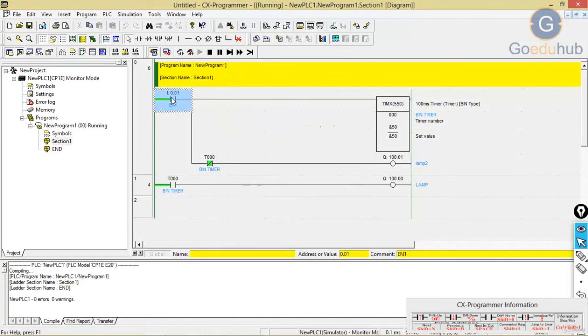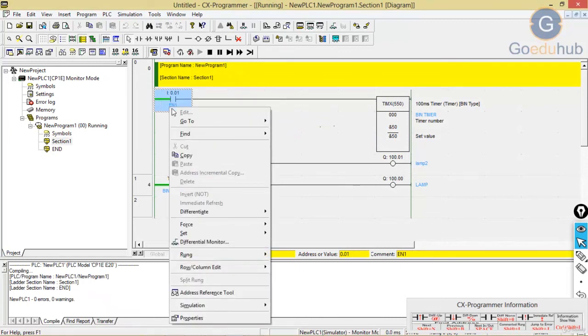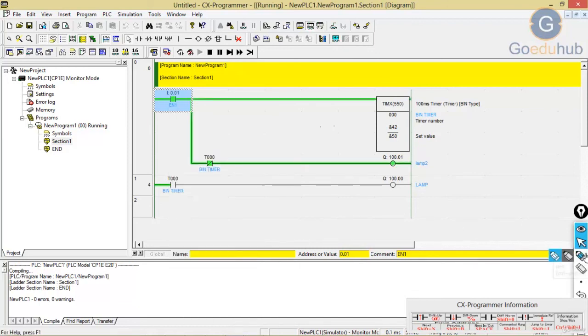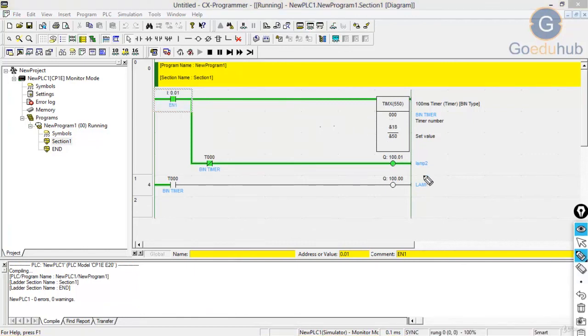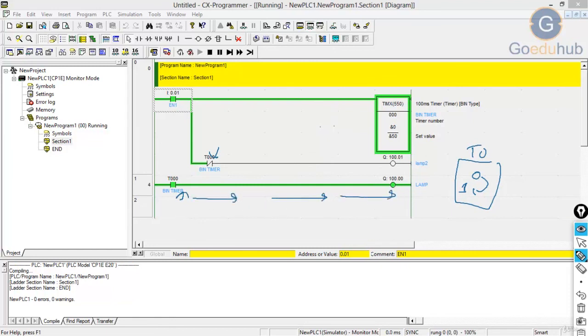Now as you can see, lamp 1 and lamp 2 are both in off state. As I turn on that switch, you can see for 5 seconds lamp 2 will be in on condition, and after 5 seconds lamp 1 will be in on condition. The reason is that initially T node is getting 0 for the initial 5 seconds. After 5 seconds T node is getting 1. Due to that, it is breaking the supply for one and passing supply for the other. Okay, that's it.